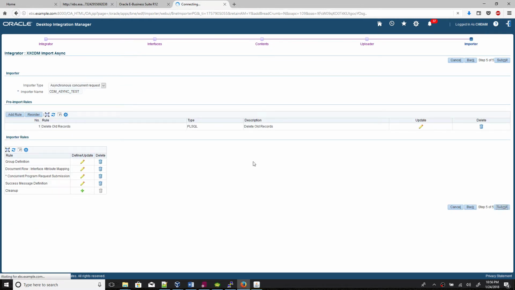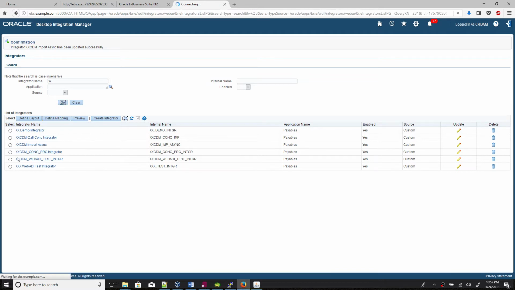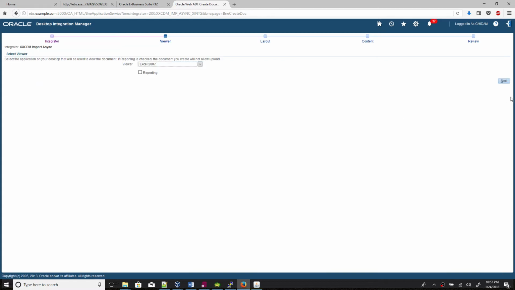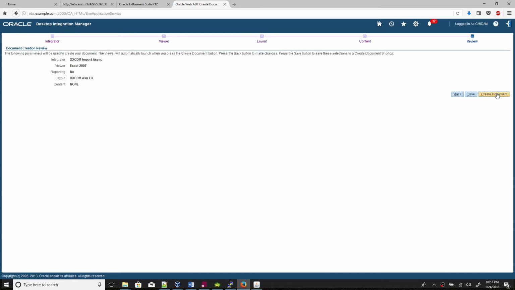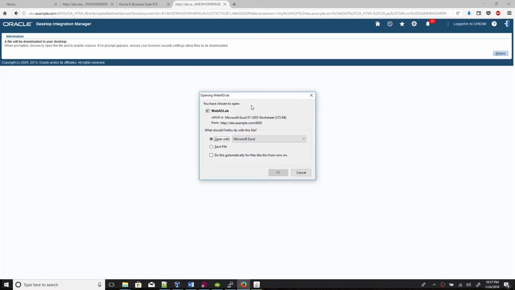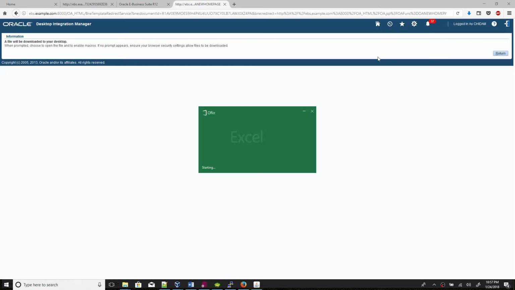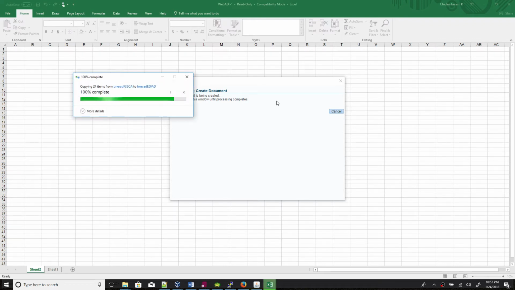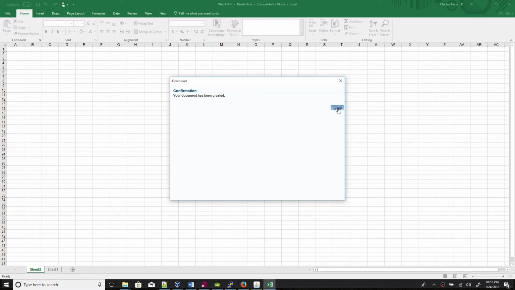click submit, tested, select it, go to preview, go to next, to create document, okay, close it,